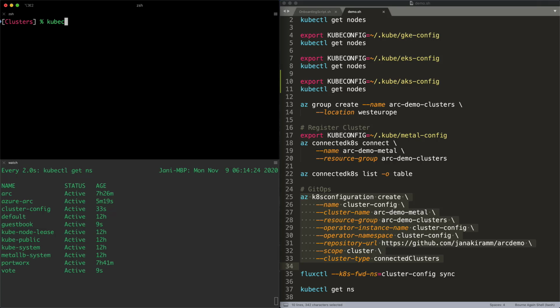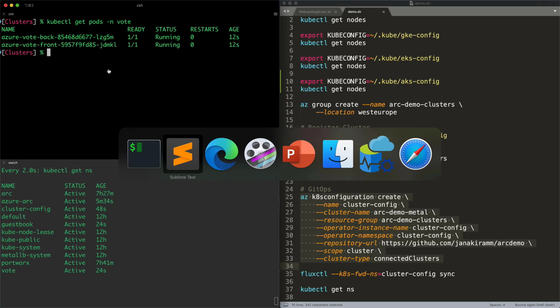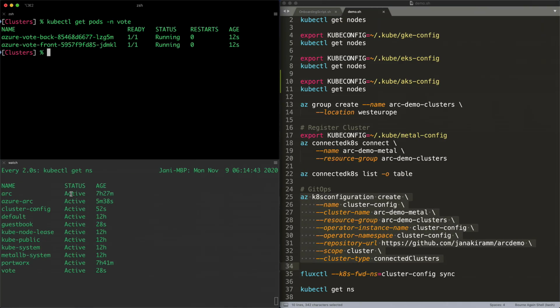Let's go ahead and query that. So kubectl get pods from the vote namespace. There we go. So now we have the Azure Vote backend and frontend running within the namespace called vote. And any change that you make to this GitHub repo will automatically get reconciled with the cluster.